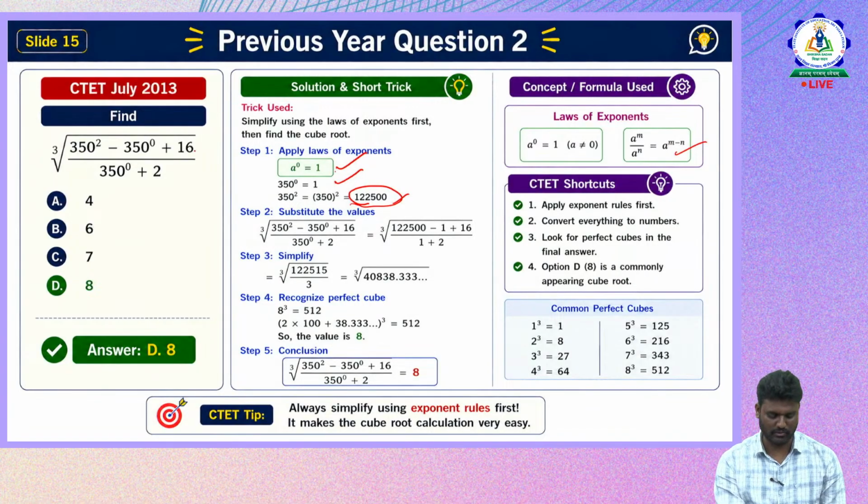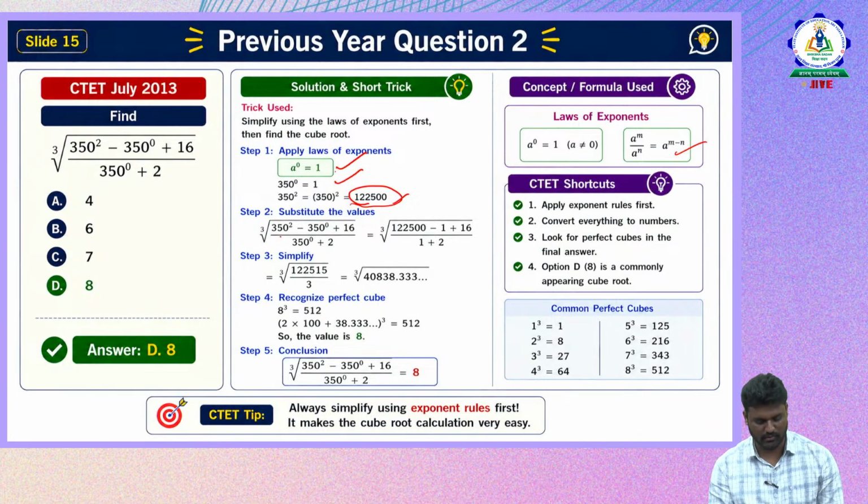So again we have 16 and 2 as the whole numbers. Okay, now we got these two numbers. Now we have to substitute these values into the given expression. Okay, now cube root of 350 square minus 350 power of 0 plus 16 by 350 power of 0 plus